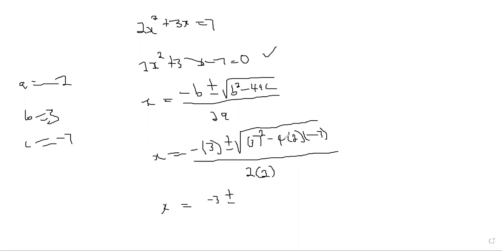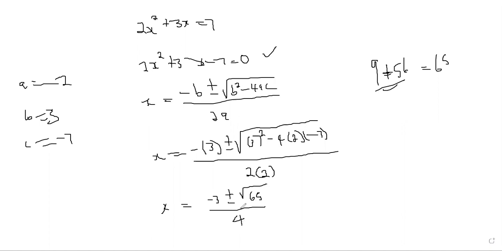And then remember that we are having a plus now. So we have 9, that 3 squared is 9. This negative multiplied by this negative will give you a positive, so we're saying this is plus. So 4 multiplied by 2 multiplied by 7 will give you 56. So 9 plus 56, that is 65. So all in all, under the square root, we have 65, all of these over 4, right?